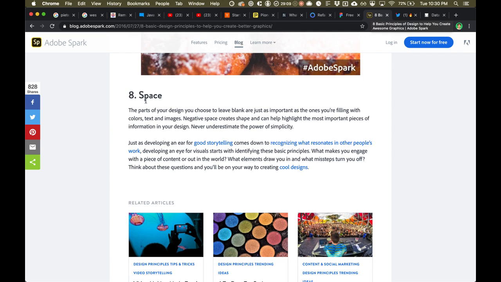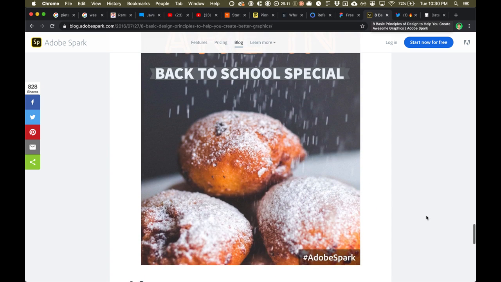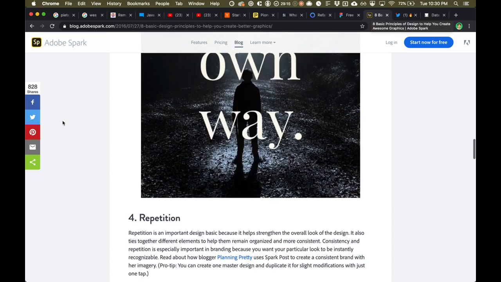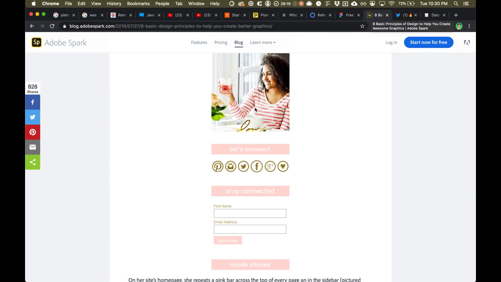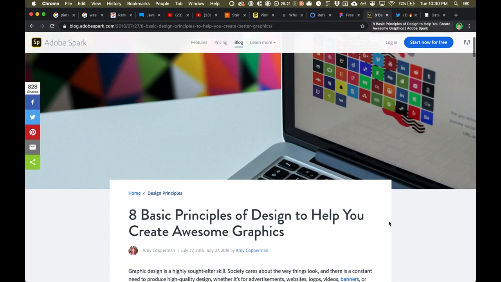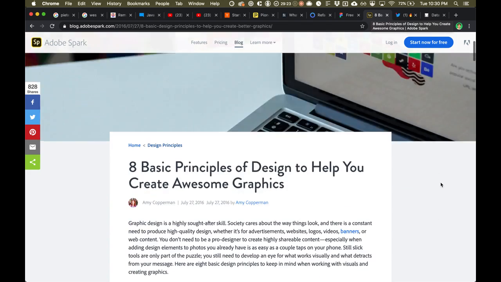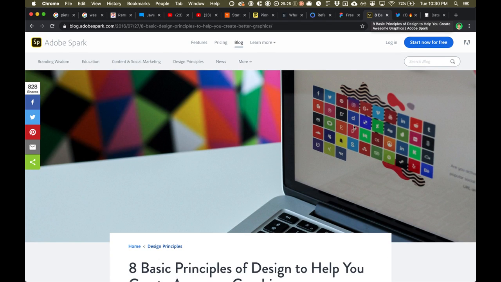And then space, obviously you want a lot of blank space on every design to just give the design breathing room. So you see they don't really mind having a lot of space here because this little design is pretty important here. And on either side they have a lot of space, and then at the top there's also a lot of space right here to just showcase this image. So negative space, white space is really not a bad thing and can actually level up your design if you know how to use it, right.